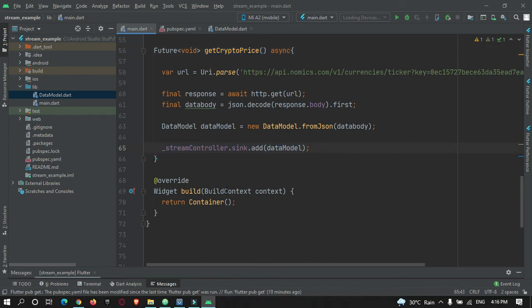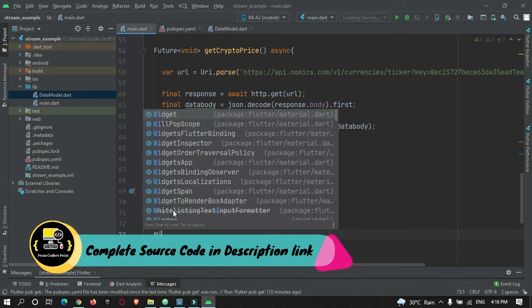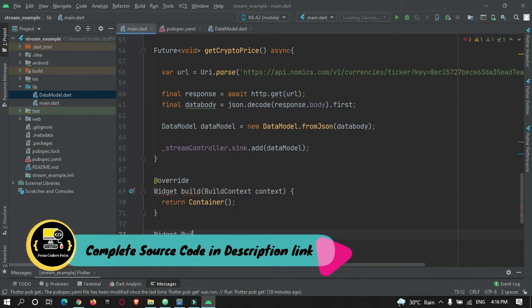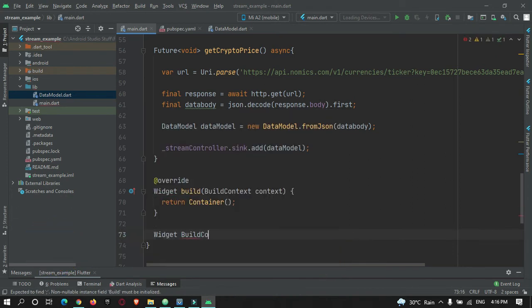Okay, so now let's work with the UI part. So let me create a custom widget builder. So widget builder build coin widget. So I'm just giving a random name. So this widget accepts a data, that is data model.